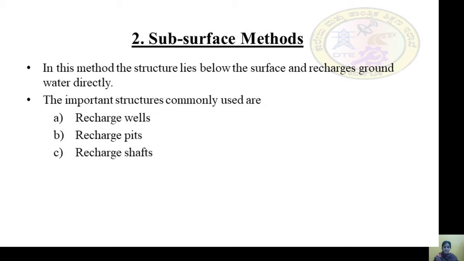Next we have subsurface methods. In this method, the structure lies below the surface and recharges groundwater directly.